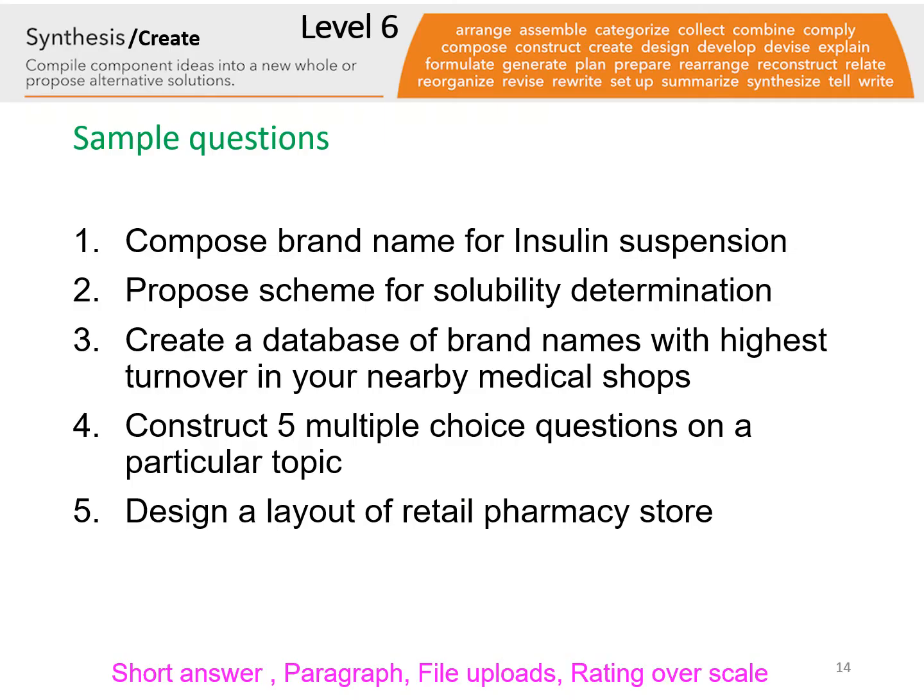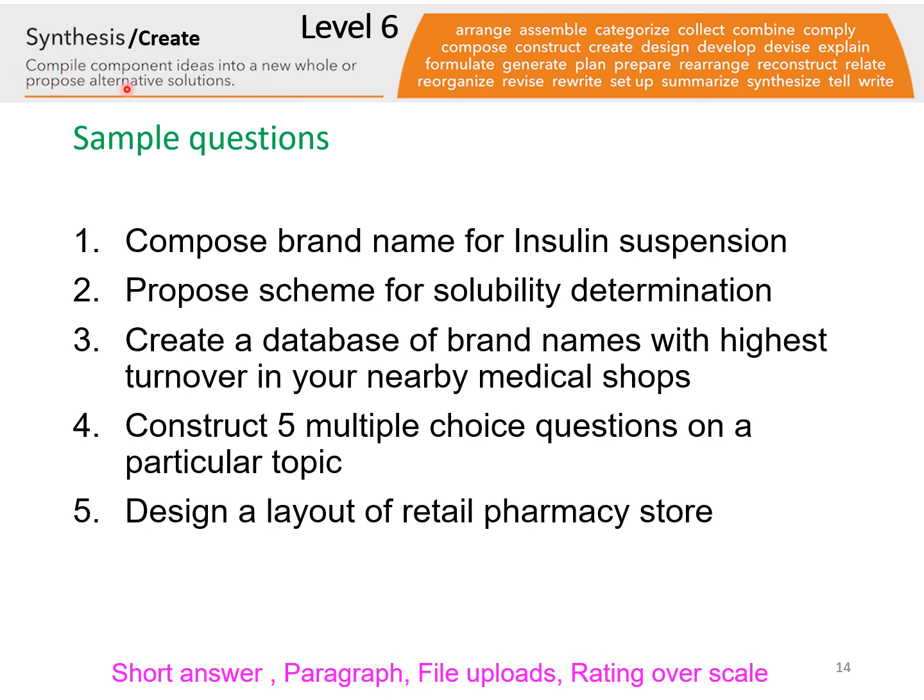Now this is the last level, level 6. Here our job is just to create interest to such a level that we are now going to observe their creativity, and students are really best. They are young minds and they really come up with something new which we cannot imagine. They are so creative. So in this level,